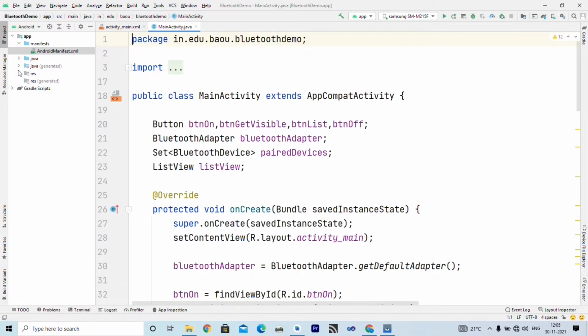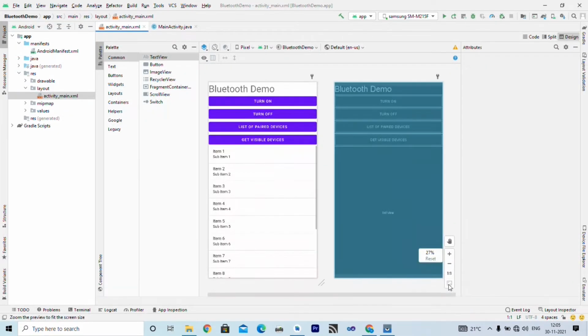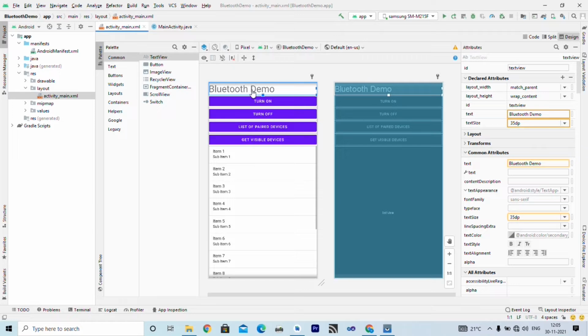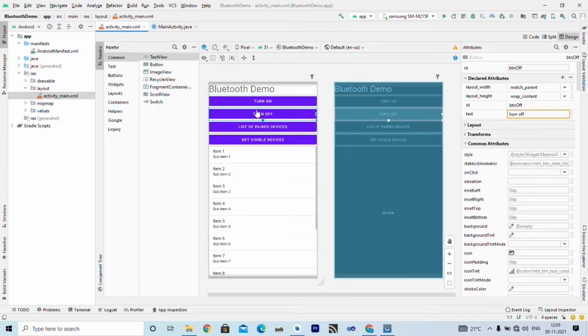Now let us see our layout file. So you can see this is our layout file. Again it is a very simple interface. This is just a text view to display Bluetooth demo, and we have 4 buttons. The first button with caption turn on has ID BTN on, and when user clicks on this button we will make Bluetooth on if it is not on. The second button with caption turn off has ID BTN off, and when you click on this button we